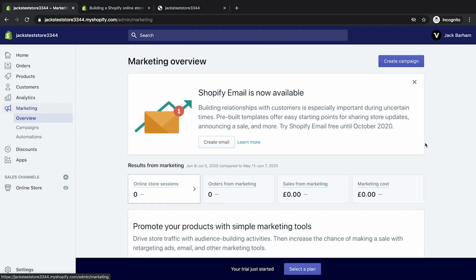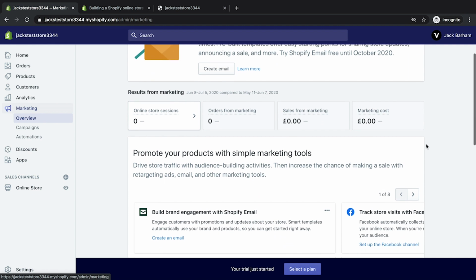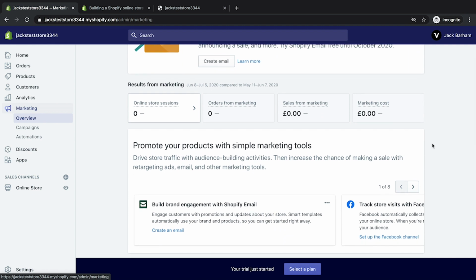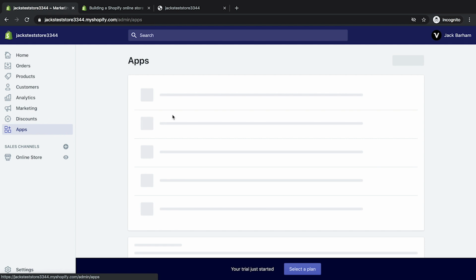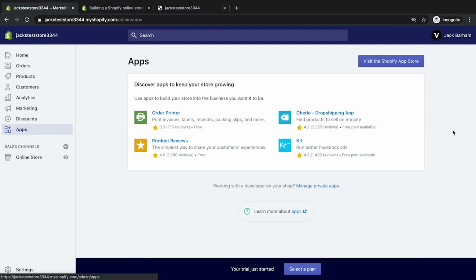Marketing, haven't looked too much into this just yet, but you can link this to other things like Google and Facebook, connect them together, and it will just give you cost of sales from a marketing point of view. Discounts, this is where you can add coupon codes and stuff. And apps, this is like an app store for Shopify, kind of like plugins for WordPress if you're familiar with WordPress. One of the things that we will need to do as an EU provider, someone based in the EU, is we will need a cookie banner for privacy policies. This is something that is free in the App Store. You can install it and it's added to your site.